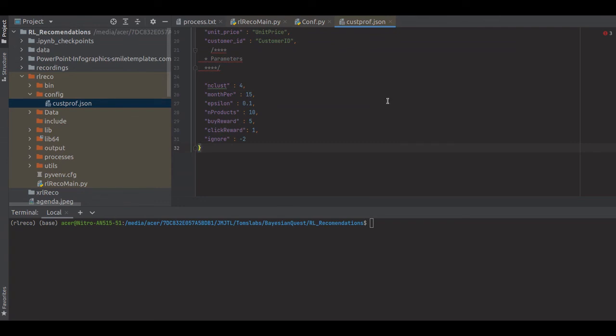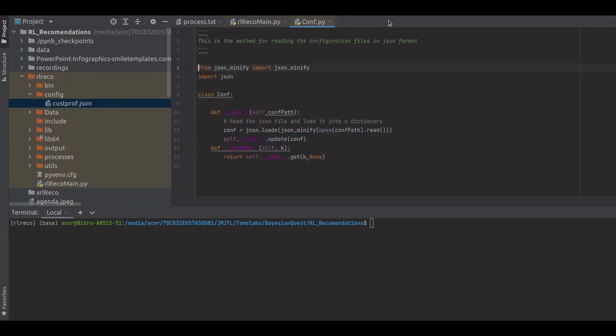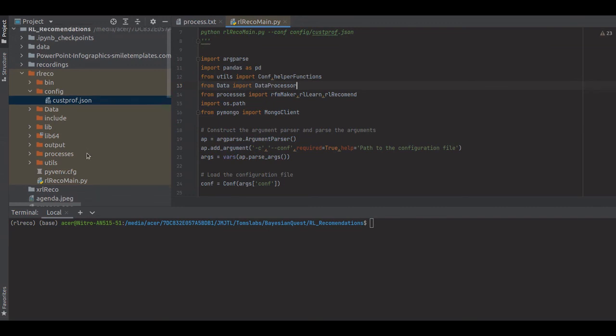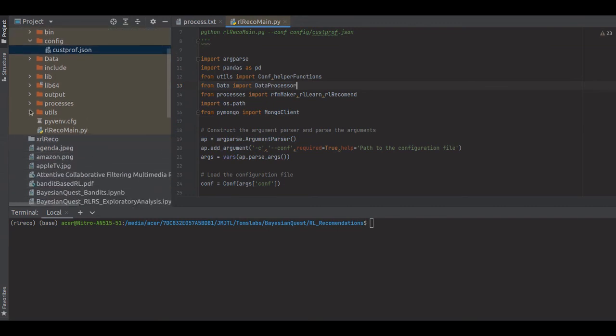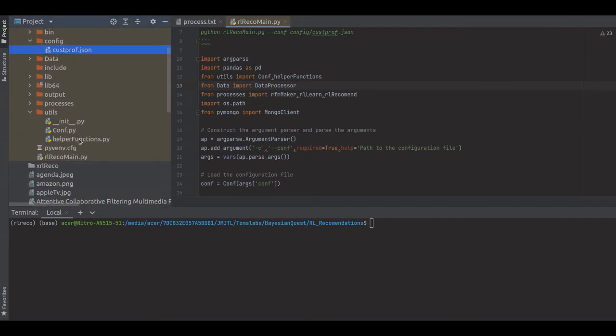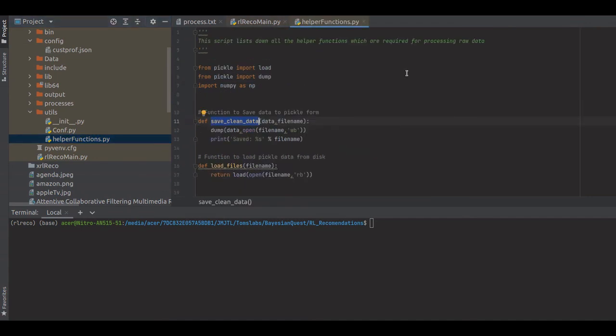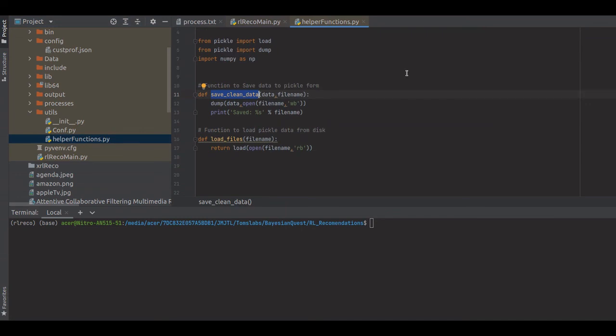So once you've created the config file, let's close this. Let's get back to the utils folder again. There is one more Python file which we need to create, and this is just a helper function to dump data into a pickle file and then load data from a pickle file.